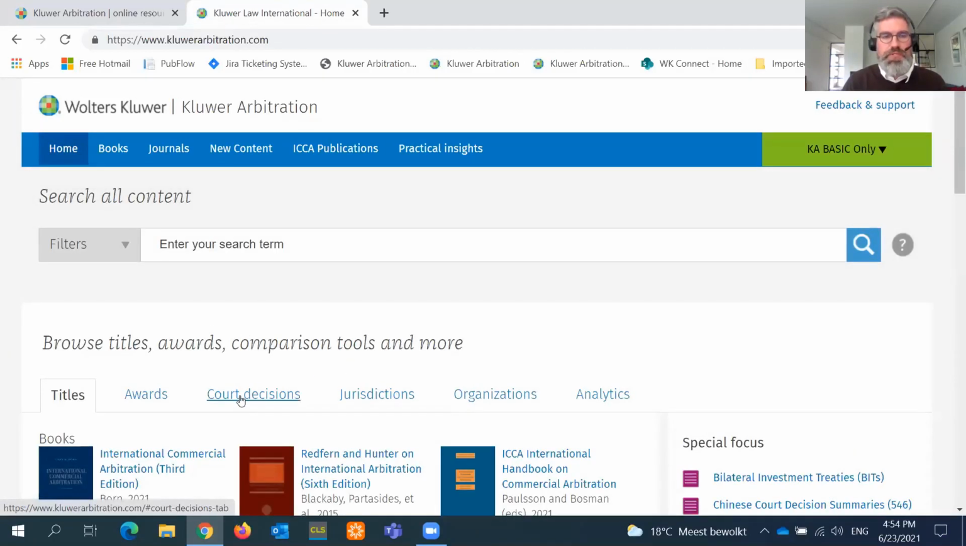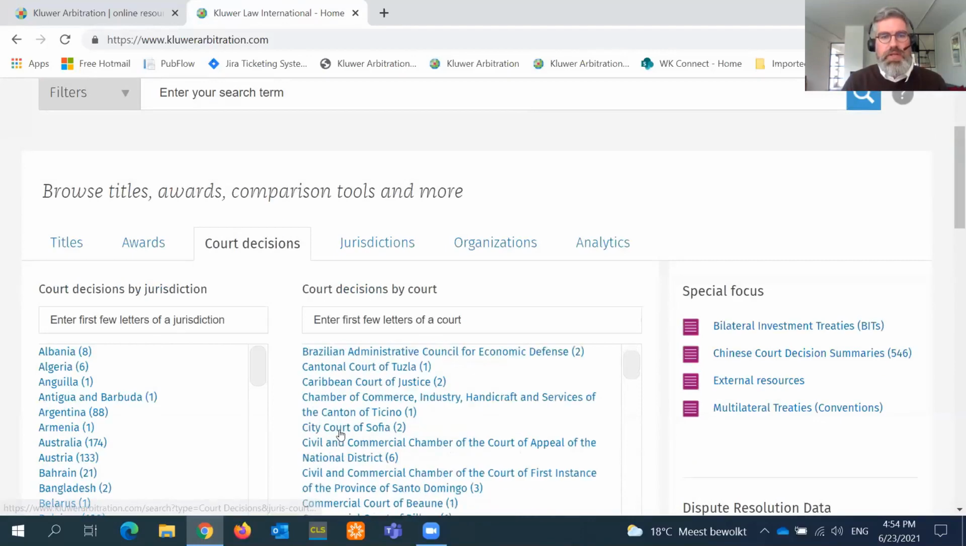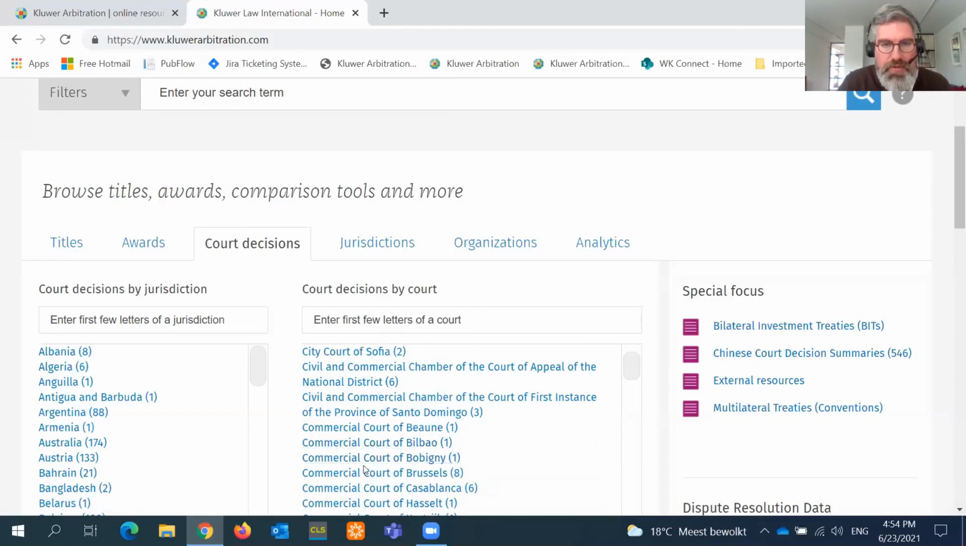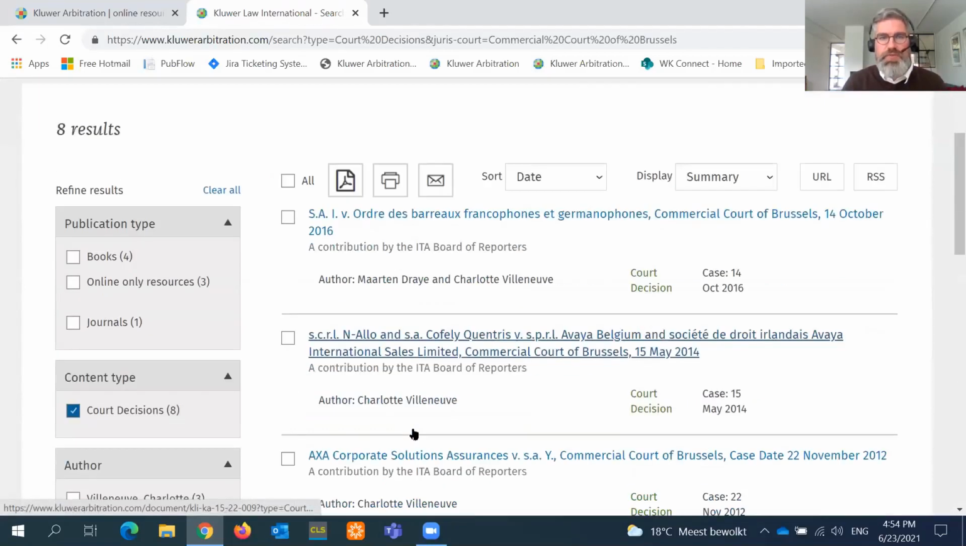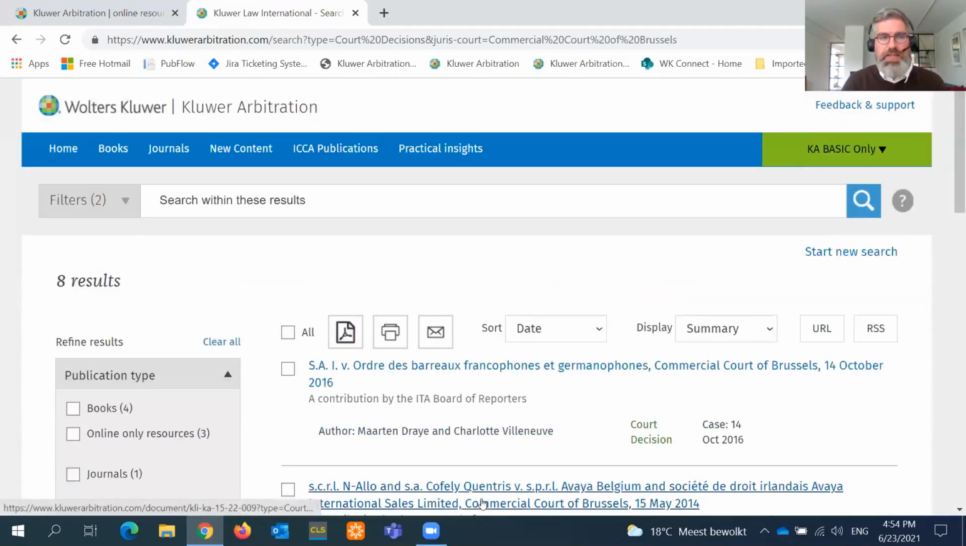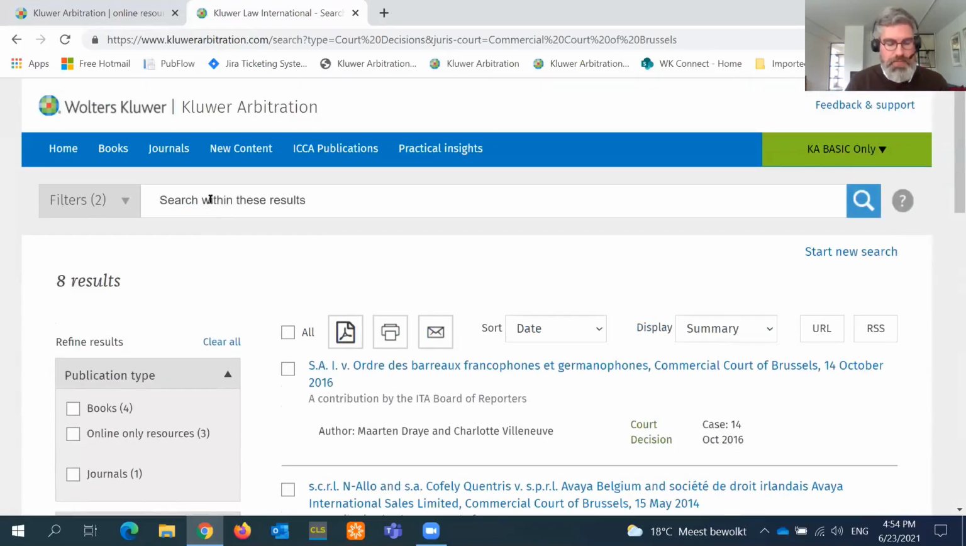The same is true for court decisions. Rather than going into the filters, you can say, listen, I am interested in, let's pick one, an interesting one, the Commercial Court of Brussels. We have 8 court decisions from various sources from the Commercial Court of Brussels. And once you've made this selection, you can always go into the search and search within these results. Maybe